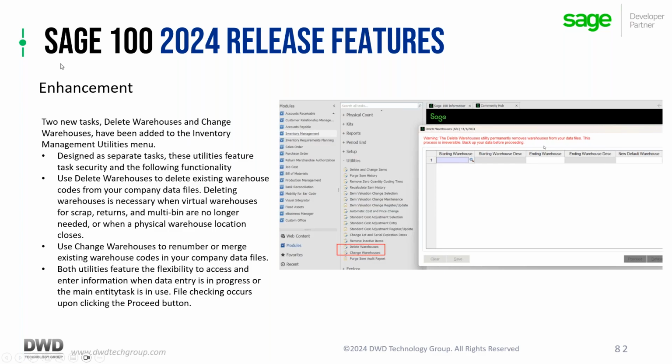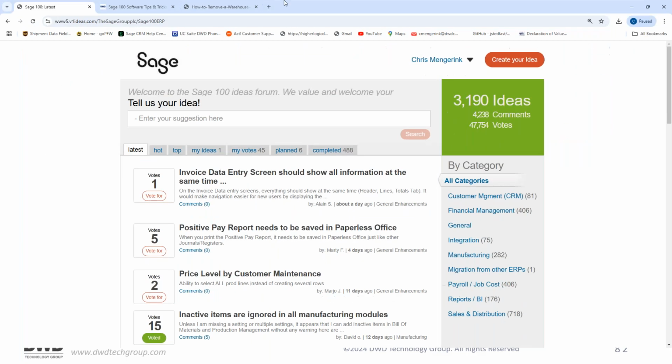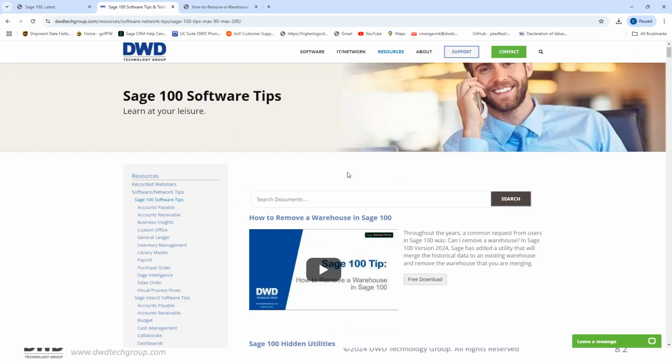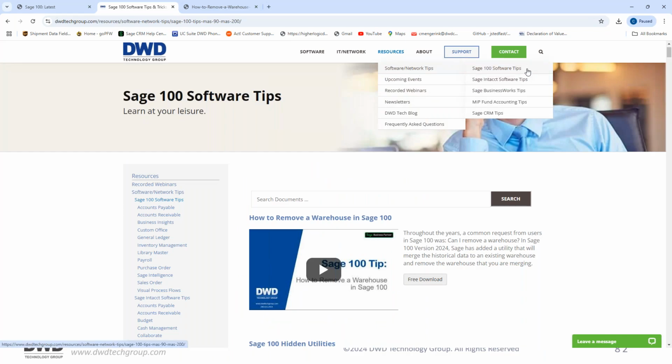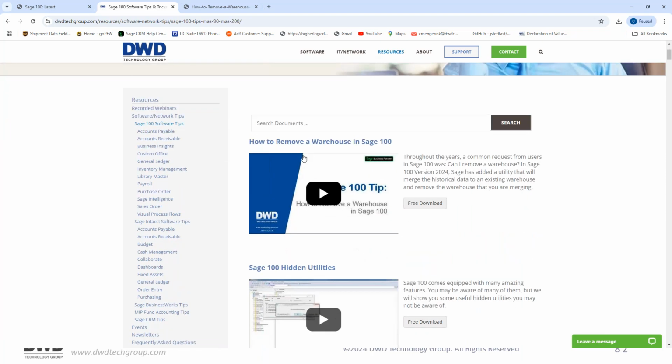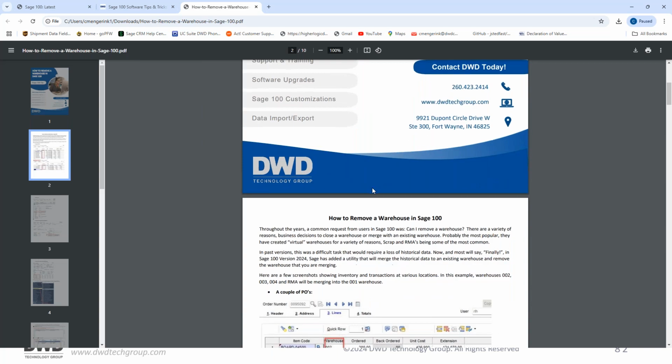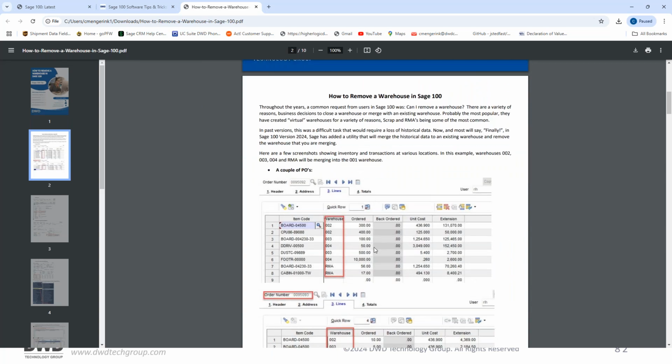So if you go to our website, I wonder if I have that on my other screen. Let's go look. I did. Okay, look at me. On our website, under Resources, Software Tips, Sage 100, the very top one is how to remove a warehouse in Sage 100. You can hit play, and Rick shows you exactly how to do this. There's a download, a document that literally shows you step by step what it will do,